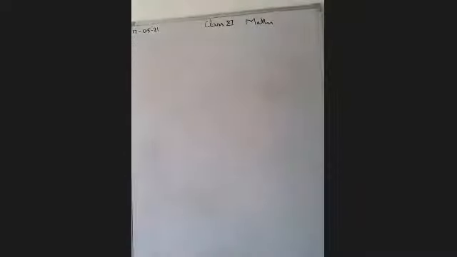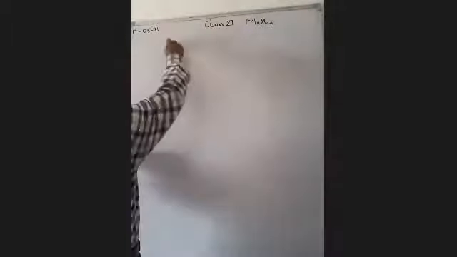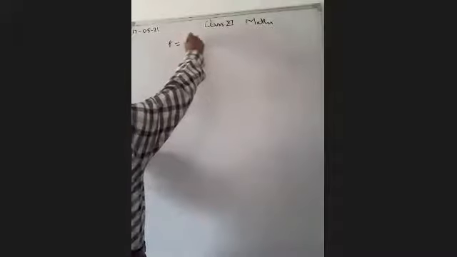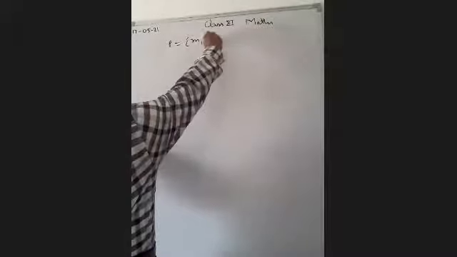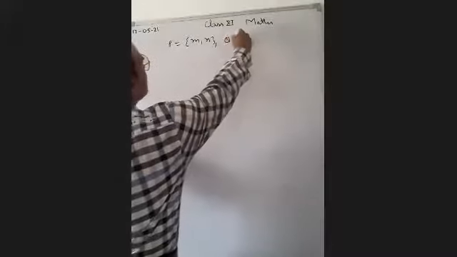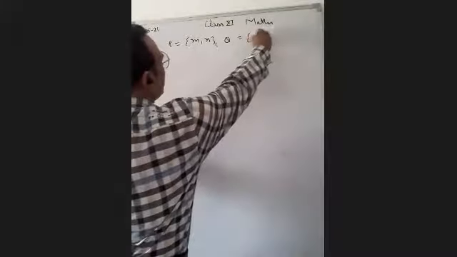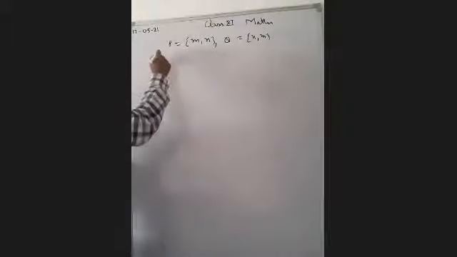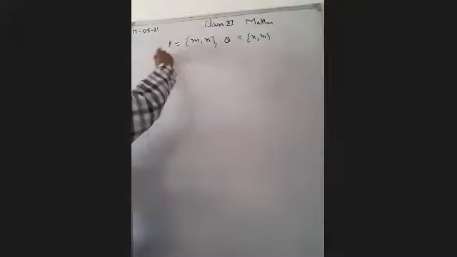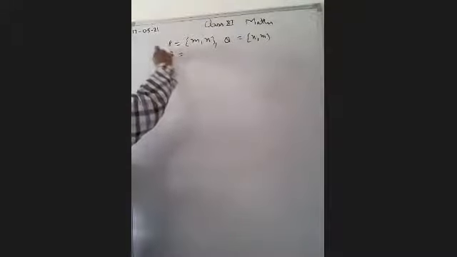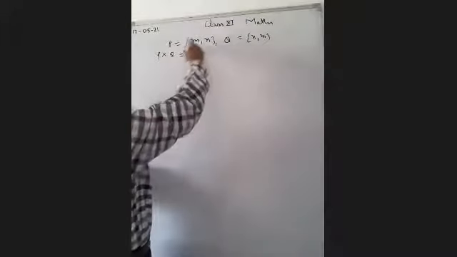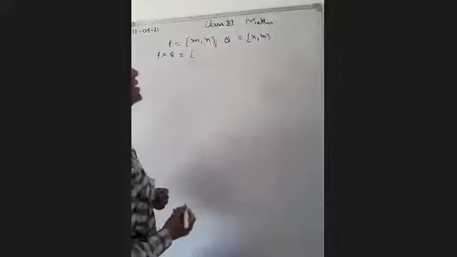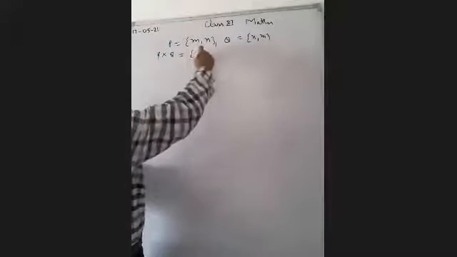So in P they have given you elements M, N, and Q is a set whose elements are N, M. So just see what will be the elements of P cross Q. P cross Q का मतलब first element we have to take from set P, and second element from set Q. So what will be the ordered pairs?